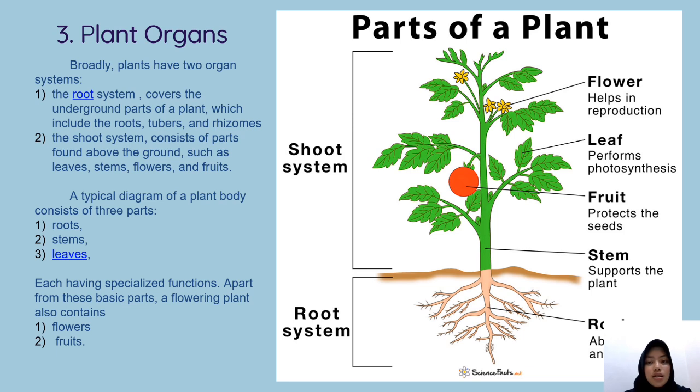The fifth is fruits. Fruits are the ripened ovary found in a flower after fertilization. The ovule after fertilization makes the seed, which then grows to form new plants. The function is protecting the growing seeds and helping in the dispersal of seeds, and thus in plant reproduction. Thus, although each part of a plant has a specific function, they all work in combination to provide distinct advantages in plant growth and survival.